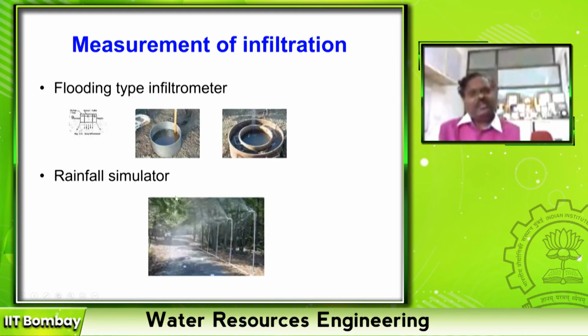I think as usual we measure this infiltration rate using a double ring infiltrometer. In the lab you might have used two rings, but you will be measuring the depth of water which is entering only at the inner ring. Then why should I use two rings? The purpose is here. Suppose I use only one ring, then water will not directly enter into the soil. It may go into lateral dispersion. To avoid that lateral dispersion only, we are using this double ring. The water which is in the center concentric ring will go exactly into the soil.